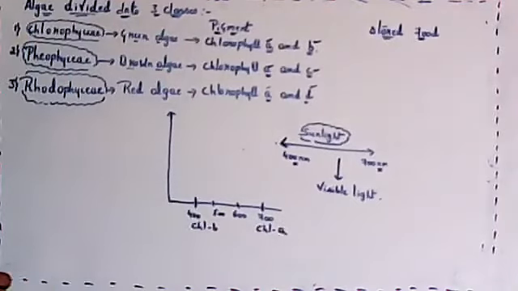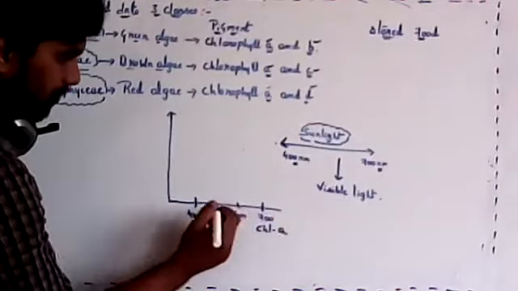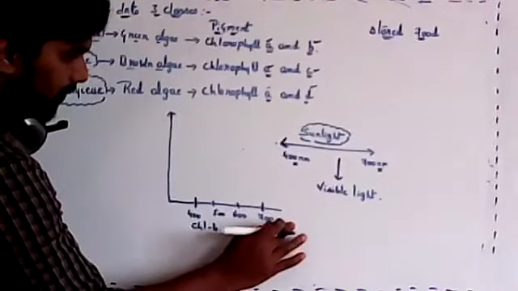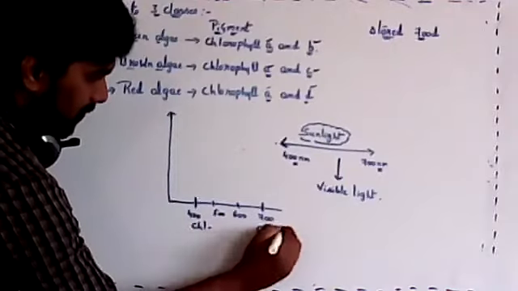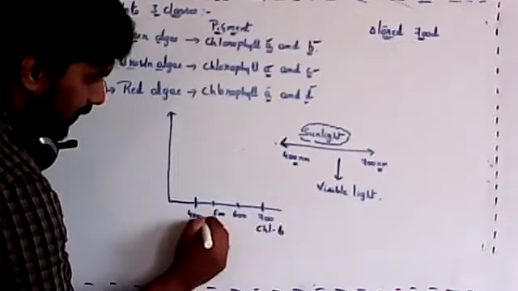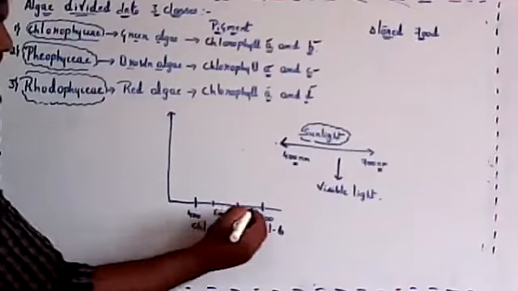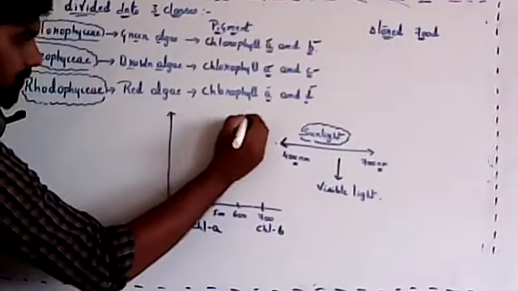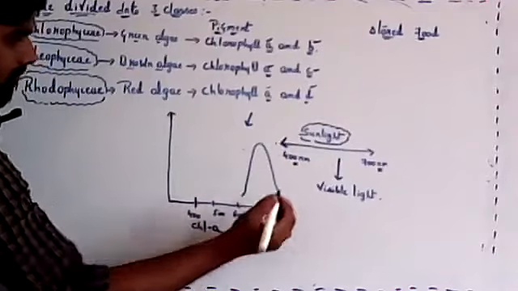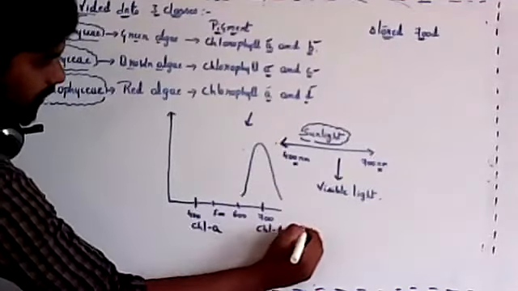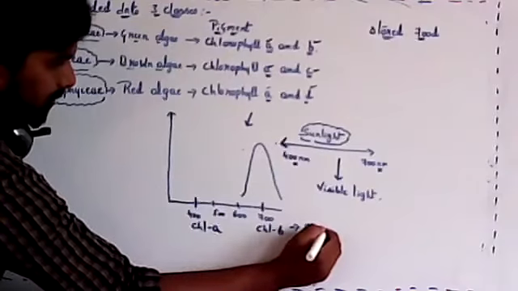Yeah. So chlorophyll A will observe, I think chlorophyll B is here. Wait, there is a little confusion. Okay, so let's consider like this, chlorophyll A here. So chlorophyll B will absorb the light. If you provide a light, this spectrum you'll get. Okay, so it will absorb near this range, 700 nanometer.